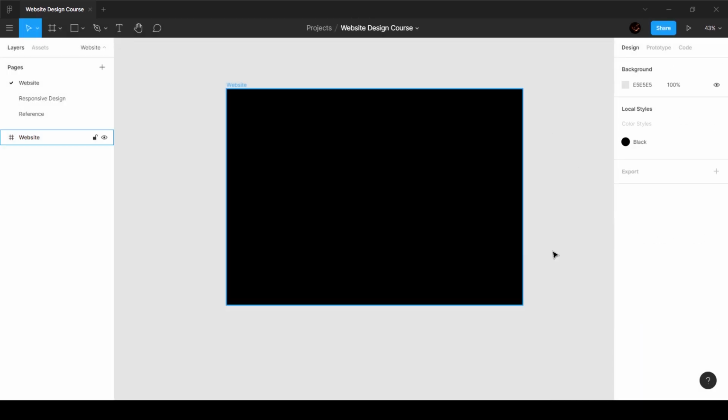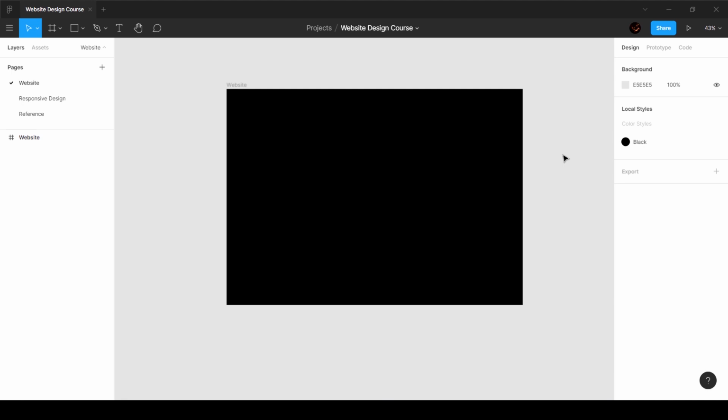What's going to happen is when I click away and I've not selected any element, we get this panel where we get the background color, which is basically this canvas. And then we've got the local styles, which is our black color. Now, when we create text styles, that will also come over here. But since we created only black, it's going to stay right here.